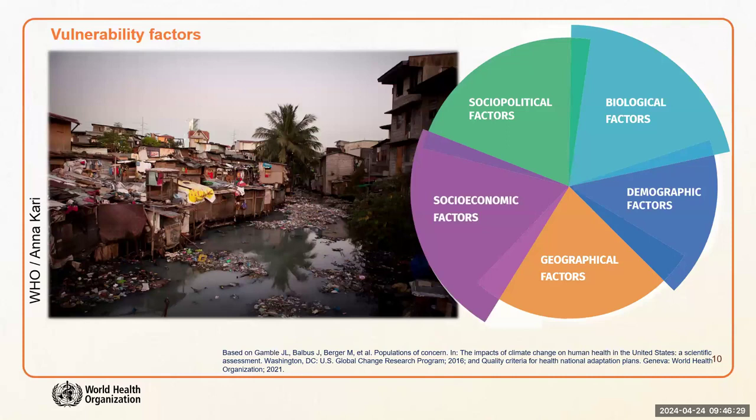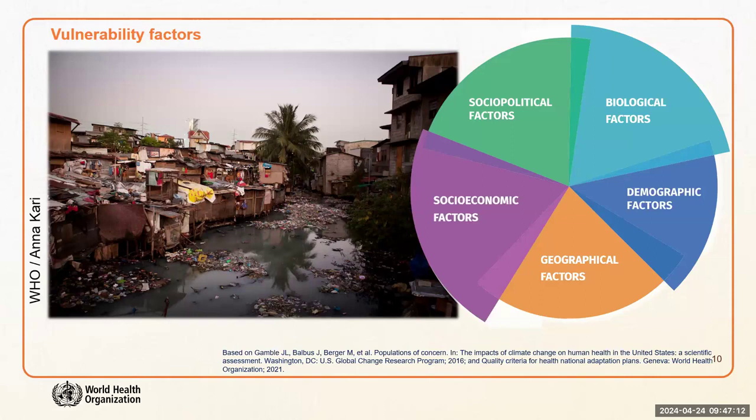So starting from the top right, if you look at biological factors, what vulnerability factors could we find in this setting? Probably there will be pregnant and breastfeeding women. There will be undernourished populations. You may find populations with high infections of infectious diseases. When we speak of demographic factors, we could probably think of age group, and we would say there may be a lot of at-risk children and babies, and there may be some population dynamics involved. Like, for example, there could be people that had been relocated or forced migration.